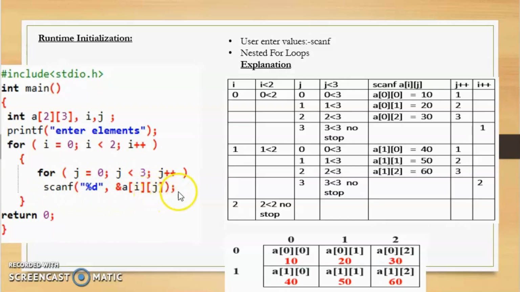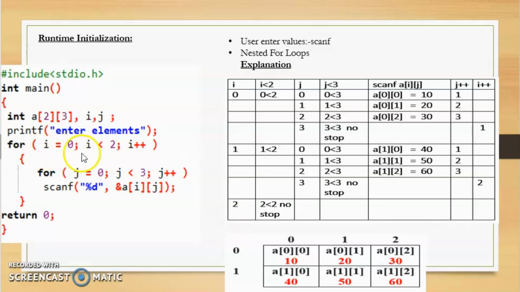After executing the statement, it will increment the inner for loop. Then again check the condition of the inner for loop. If the condition is satisfied, again it will execute the statement. So this process will go on till the inner loop condition is not satisfied or till the inner loop terminates. So once the inner loop terminates, it will continue back with the outer for loop. That is, it will increment this i and it will continue back with the outer for loop. And the same process will be repeated till the outer for loop condition is not satisfied. So let us see this for loop.